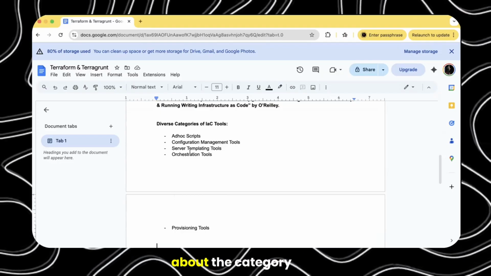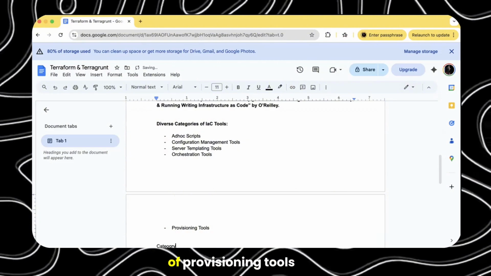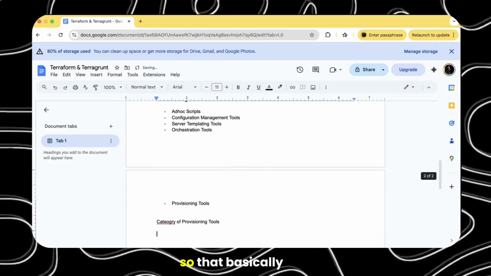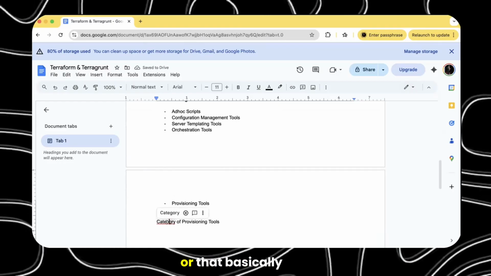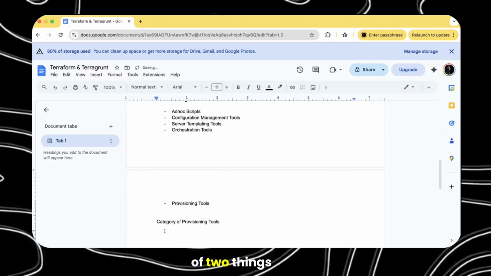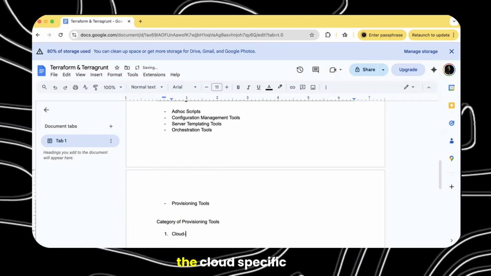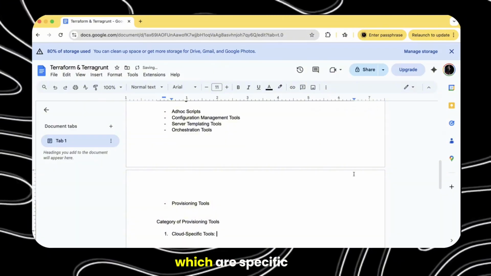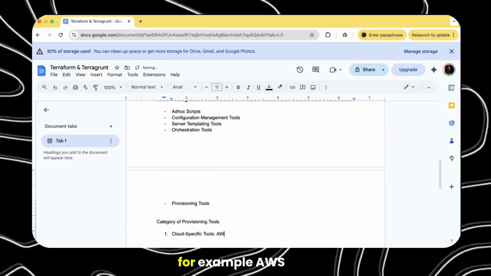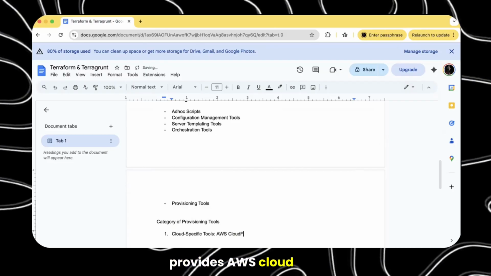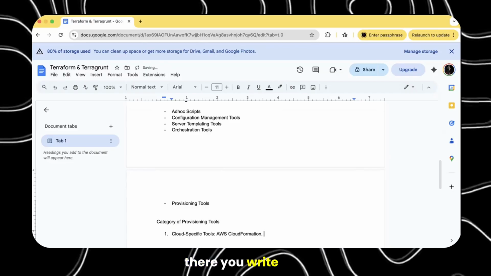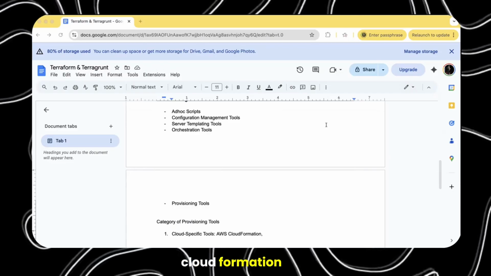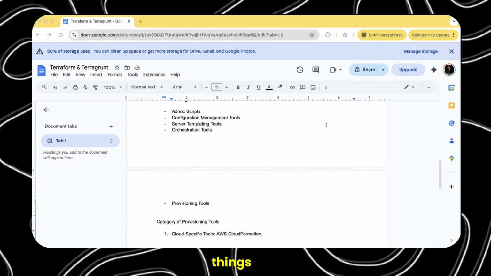When you talk about the category of provisioning tools, it takes care of two things. The first is cloud specific tools, which are specific to the cloud provider. For example, AWS provides AWS CloudFormation. There you write the code and that will help you put up the things.